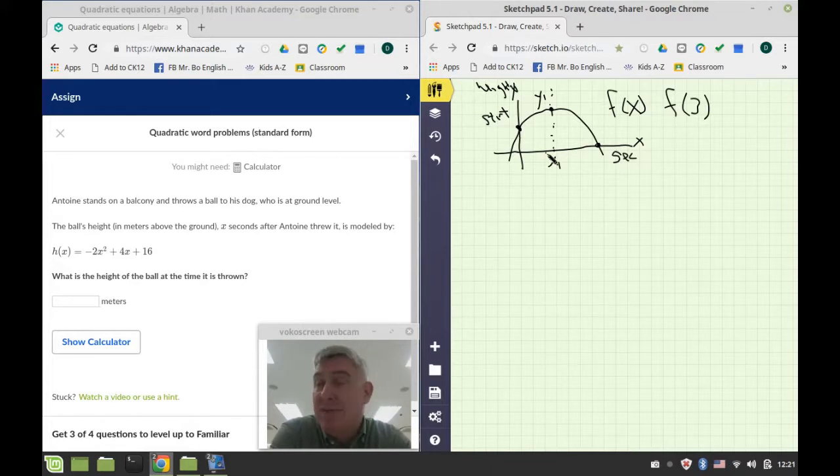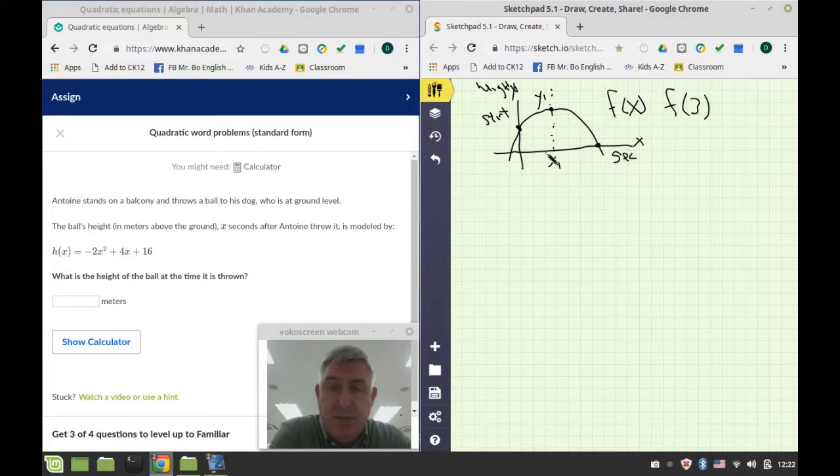It is thrown is passive voice for my Thai students, and it is thrown means โดนโยน. So what is the height of the ball at the time it is thrown? สูงเท่าไหร่ตอนที่โดนโยน ตอนที่ลูกโดนโยน